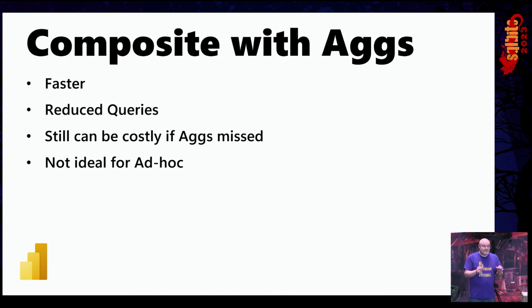So again, this also helps reduce the queries, right? So the more queries that are hitting the ag, the less I'm sending to my data source. So you want to try and optimize this in a way that will reduce the number of queries, right? It's all about performance. But what do you do with ad hoc, Patrick?